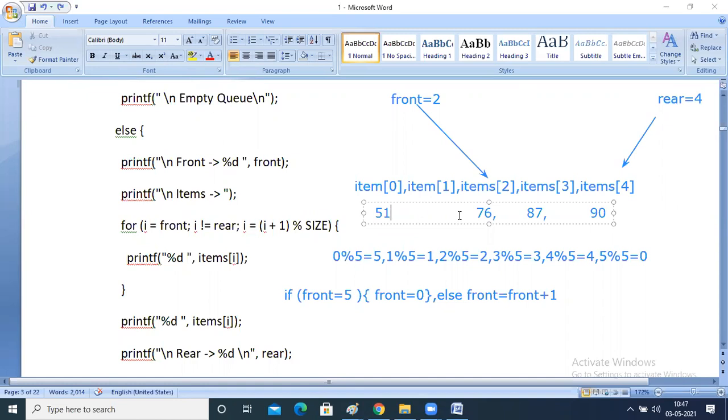If I want to print all the elements in the circular queue, I should start at front and end at rear. So here, if I insert 51, what will the rear become? Rear will become 0.